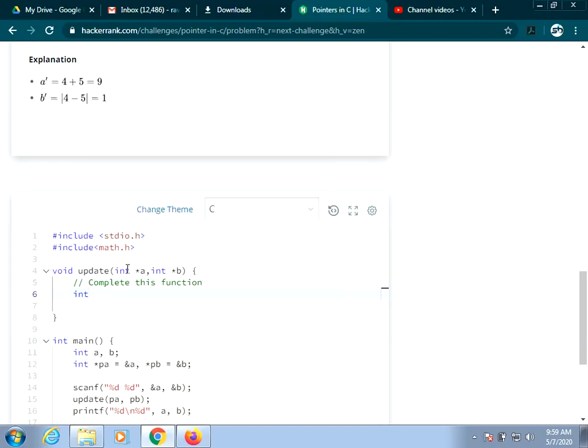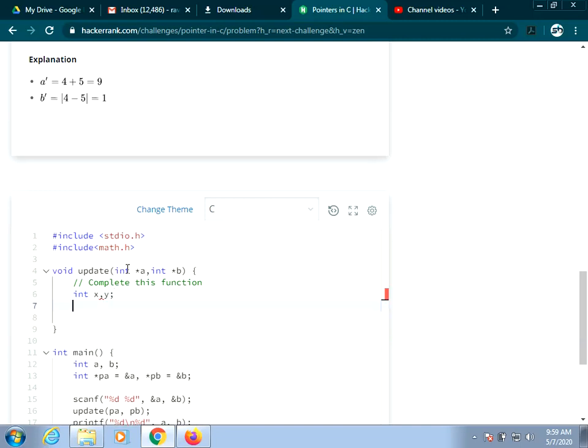So I will take two variables x comma y, where x will contain the sum of a and b, that is *a means it will indirectly reference a, *b means it will indirectly reference b. Keep the space so that it will be understood for you. So x is equal to the sum of a and b,